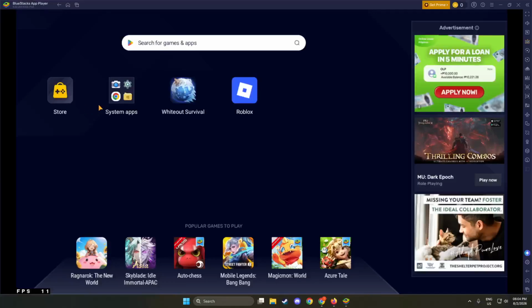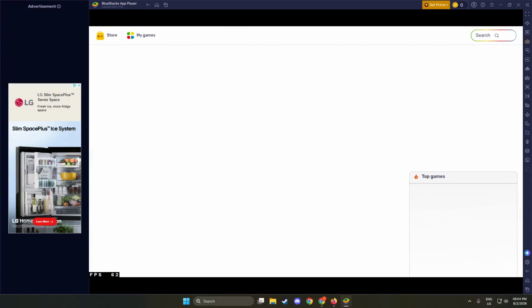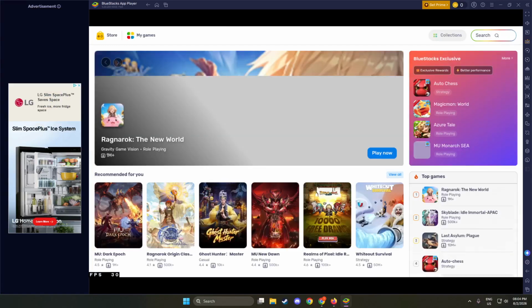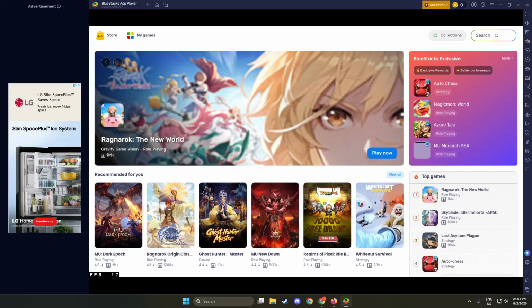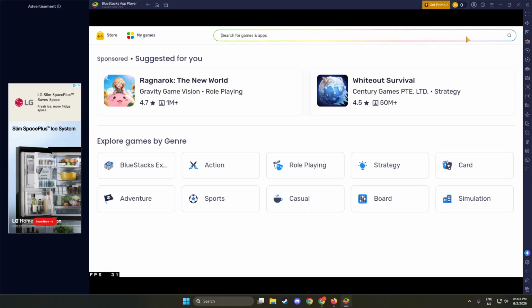In today's video, I'm going to teach you how to play COD in BlueStacks 5. First, open BlueStacks 5. On Windows, you usually do this from the desktop shortcut or the Start menu. When BlueStacks loads, you should see the main home screen with large app icons and a toolbar along the sides.